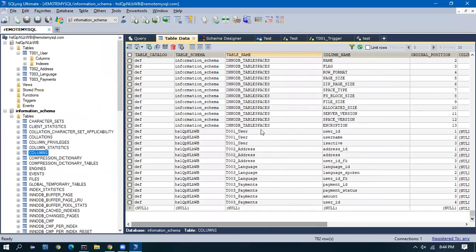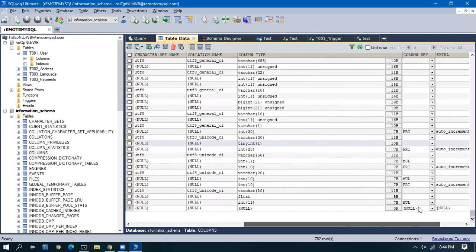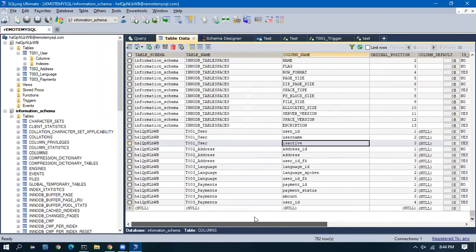But if we see here, the user table has the 3 columns we created: user ID, username, and is active. All these come up in this table. I can see the order, the nullable, whatever we gave as a table attribute, everything is shown here, and the privileges which I have.